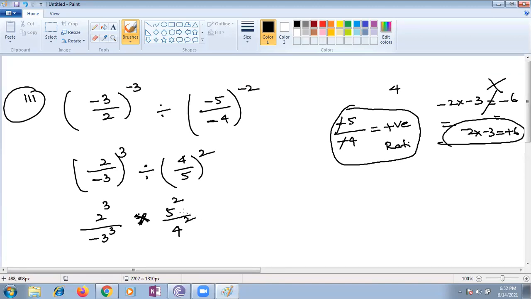Is there any simplification part? You see? Yes, ma'am. Ma'am, we can make 4 square as